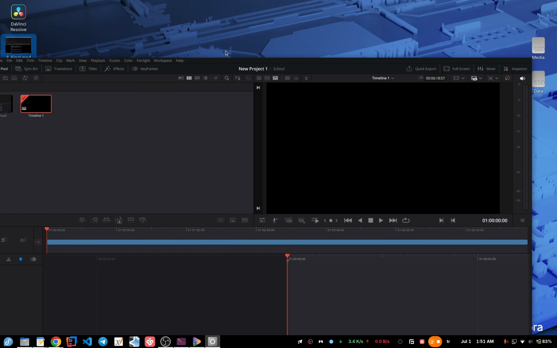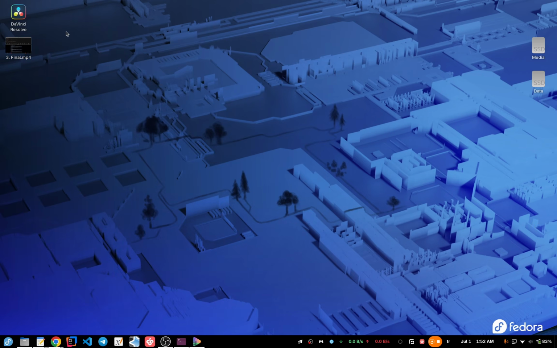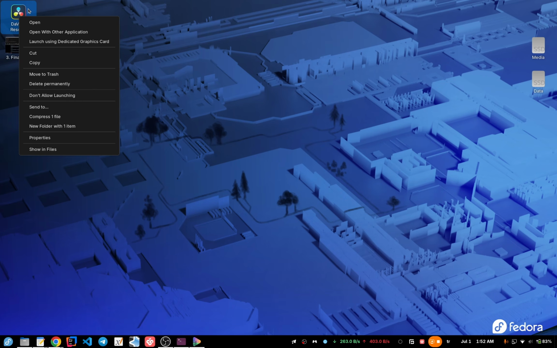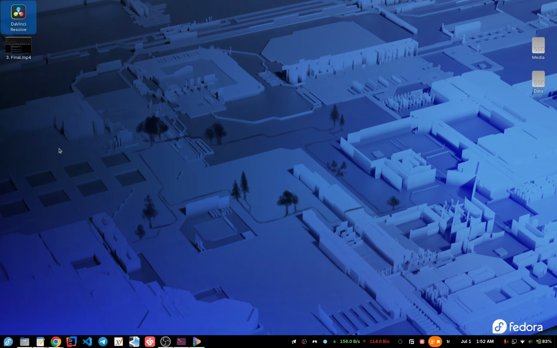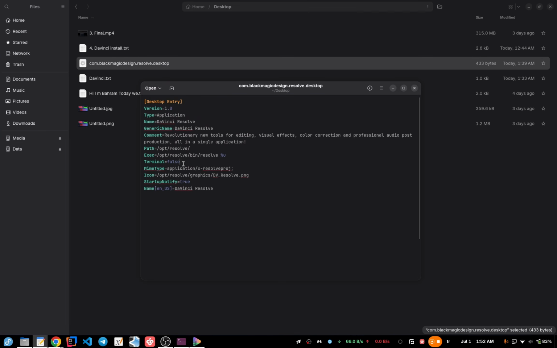We close DaVinci Resolve. We have two desktop shortcuts that we should change. I will show you this. We have this desktop file that we should change this part. We could just